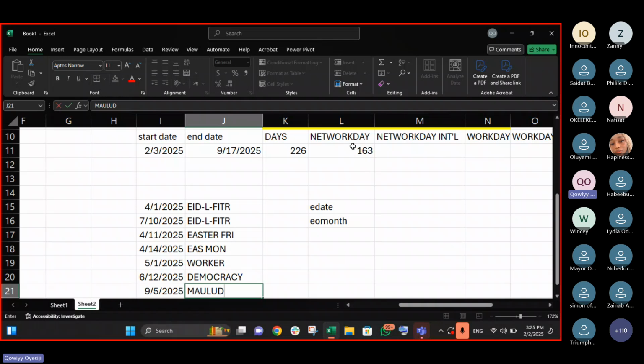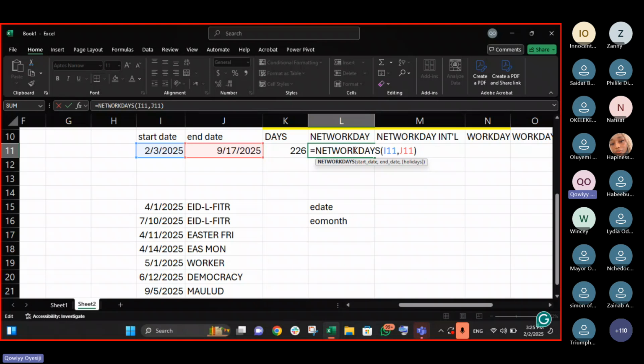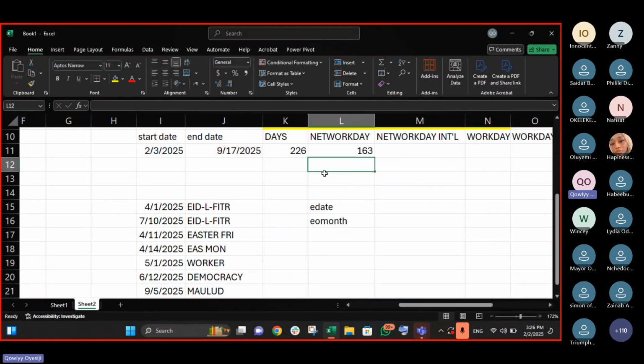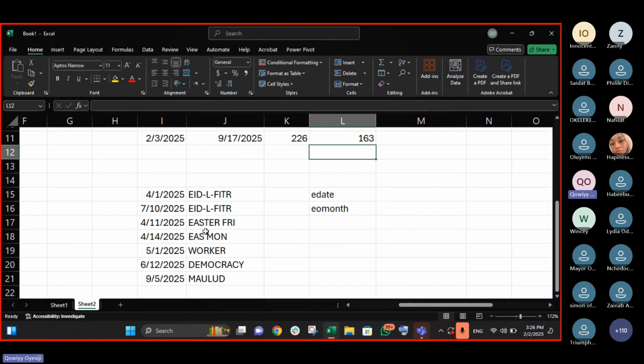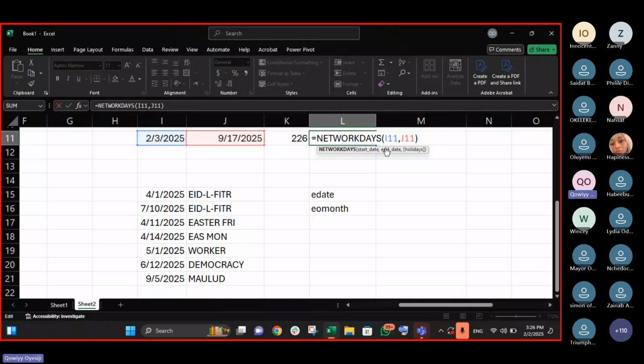Don't forget that this calculation we have here is putting just work days into consideration. So if any of these holidays falls on a weekend, it's not going to affect it. Is that clear? I want to do that intentionally. Don't worry. Now, you now have 163 days. If you check, the start date, I've supplied that. End date, I've supplied that.